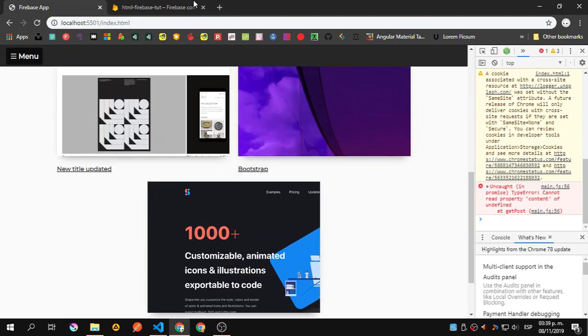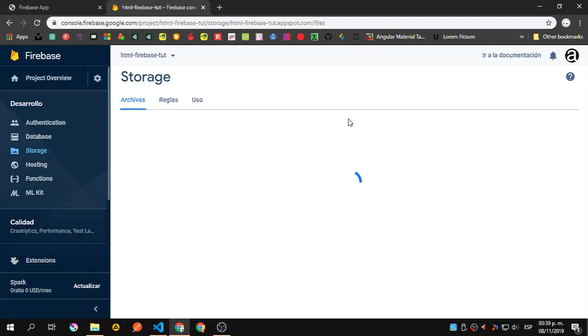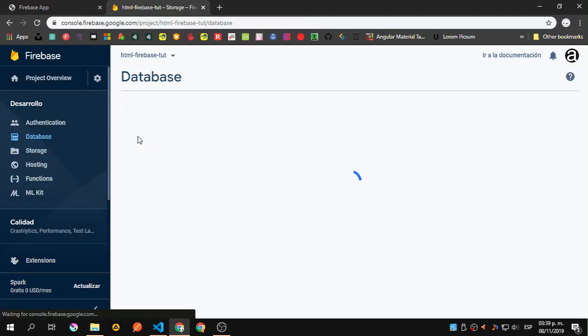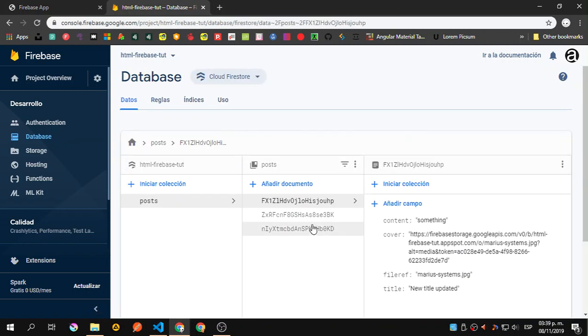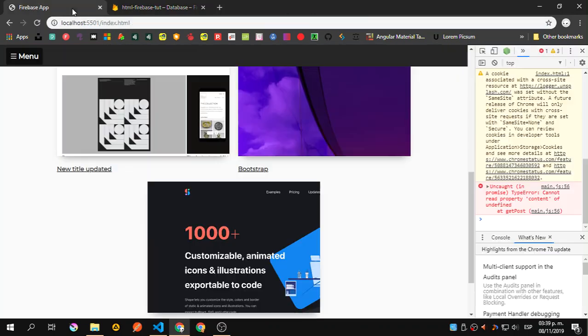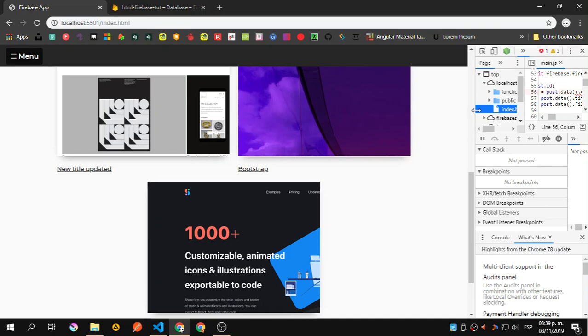Okay, and you can see we have 3. We should have only 3 images, and we should have only 3 posts. And you can see that, and that is working. Okay, so now we only have one issue left, that is cannot read property content of undefined on main.js